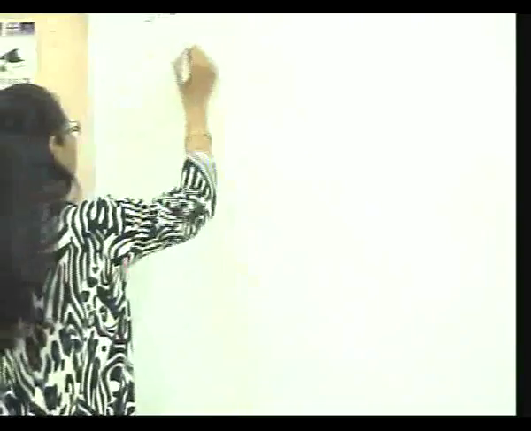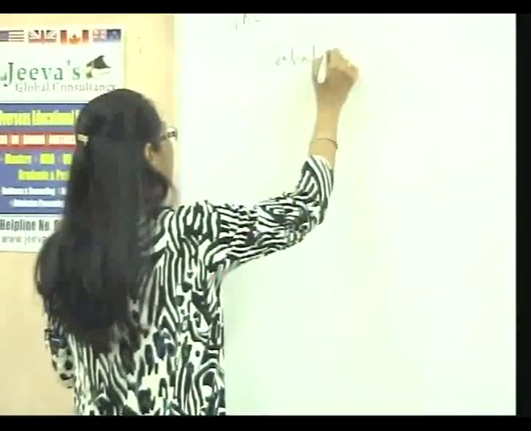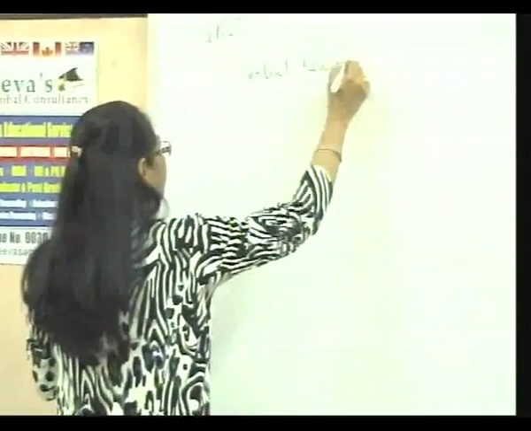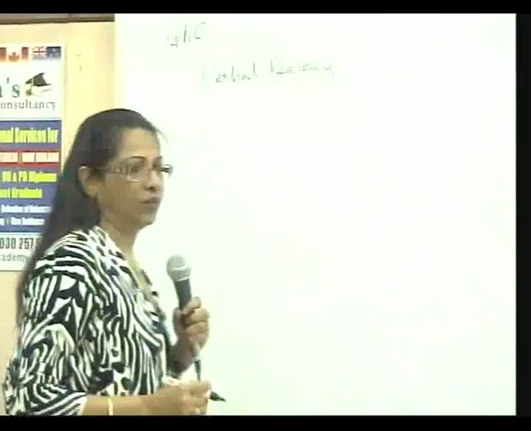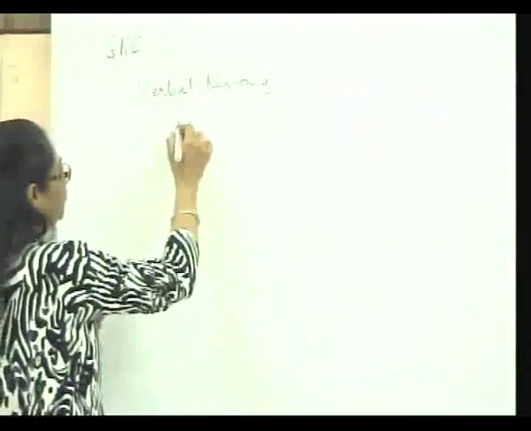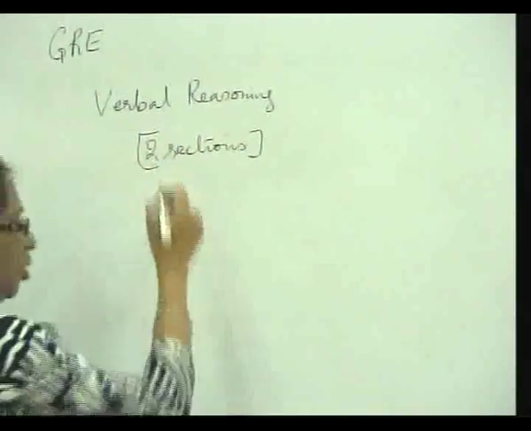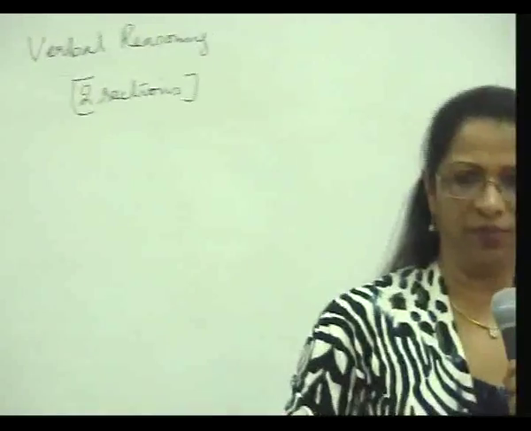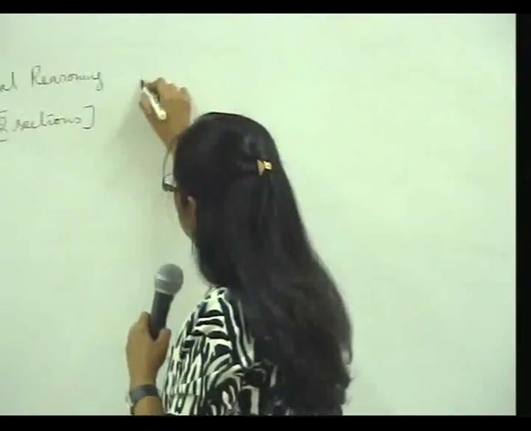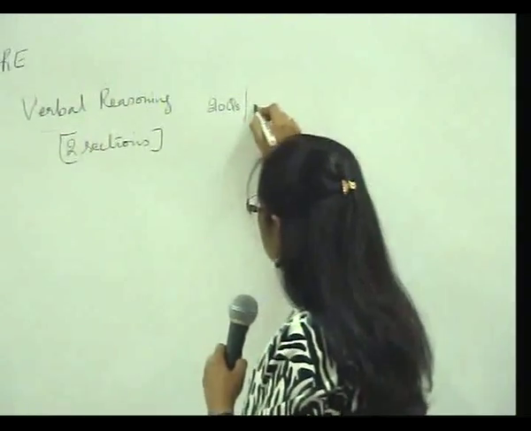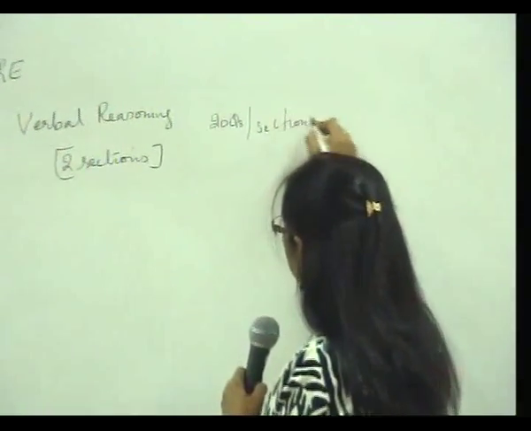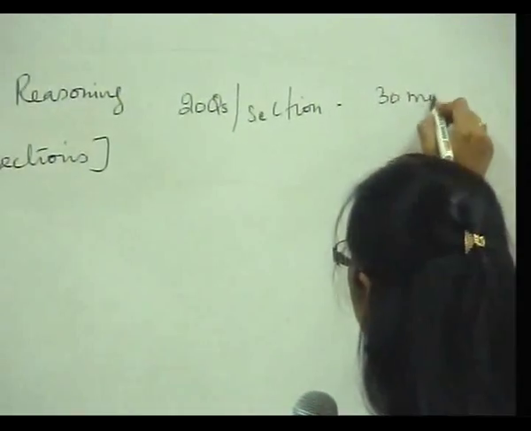But before that, let us have a look at the verbal reasoning section. So, on the GRE, the verbal reasoning, we have two sections. How many questions do we have per section? We have 20 questions. So, on the two sections, we have 20 questions per section, and we have 30 minutes